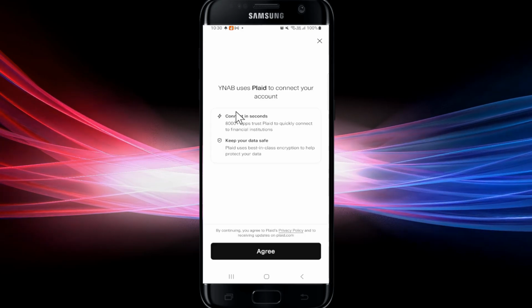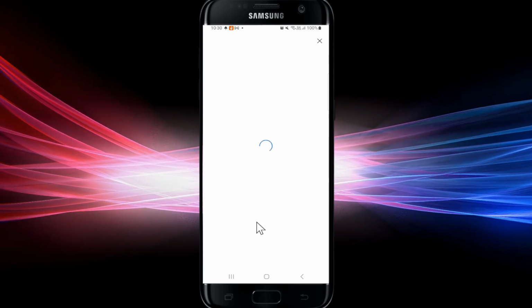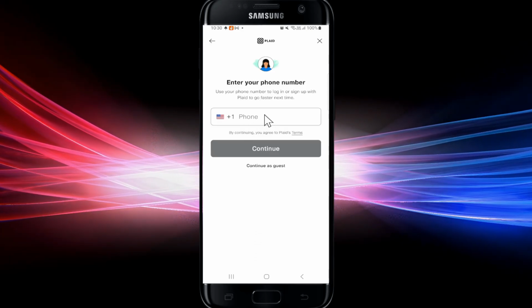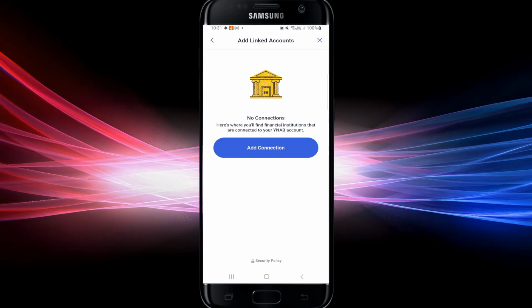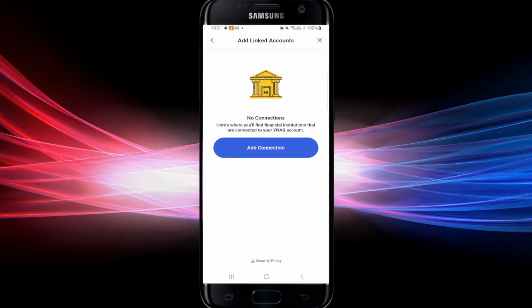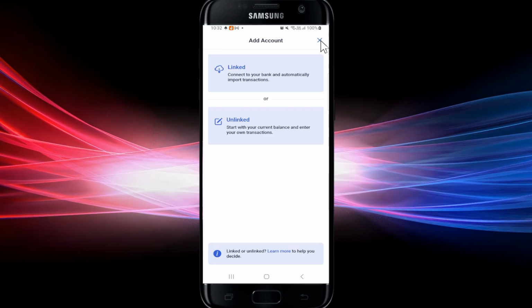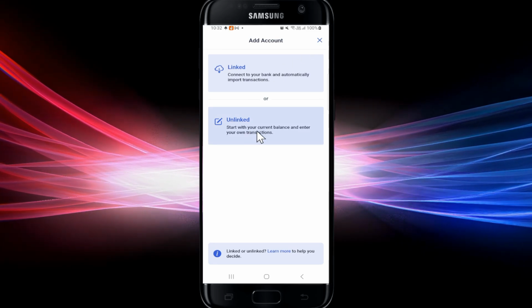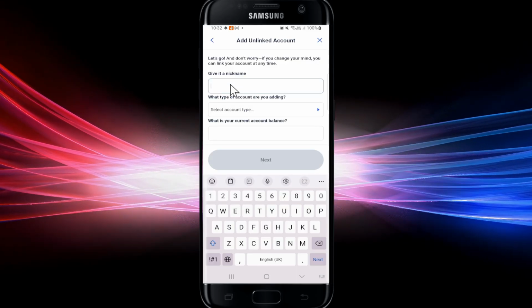If you have it, then you can simply choose your bank name and then proceed forward with logging in to your bank account. After you have logged in, your debit card will be imported onto your account, and your transactions will be updated automatically. If you choose the unlinked option, then you will have to add your debit card manually,